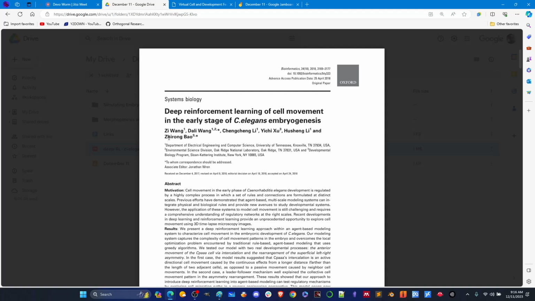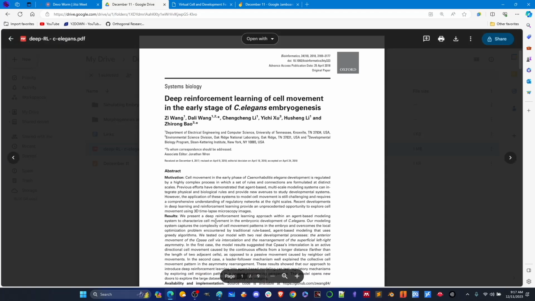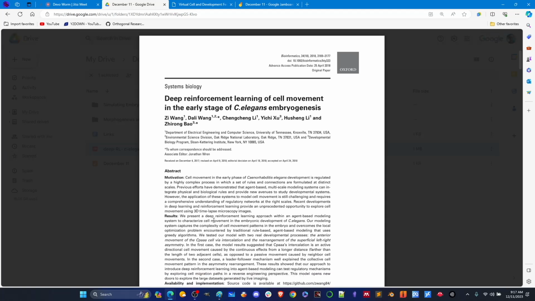cell data for C.elegans embryos made public, and he's working with a number of people here on this paper. It's called Deep Reinforcement Learning of Cell Movements in the Early Stage of C.elegans Embryogenesis. So I'm going to go through this paper, and this is basically where they're using agent-based models, and they're using deep reinforcement learning along with that to analyze some of the 3D time-lapse microscopy images that we talk about a